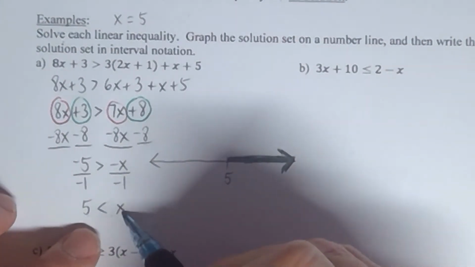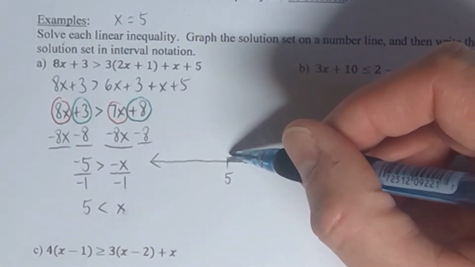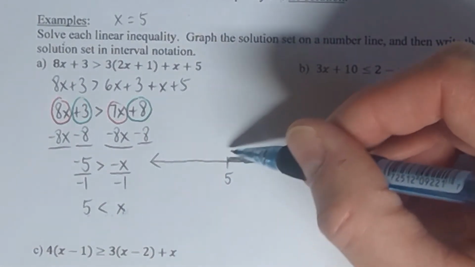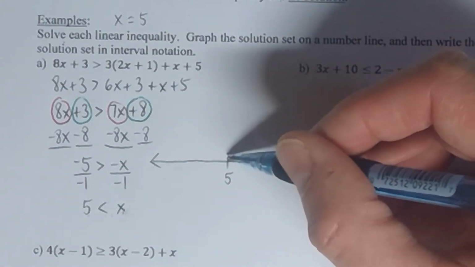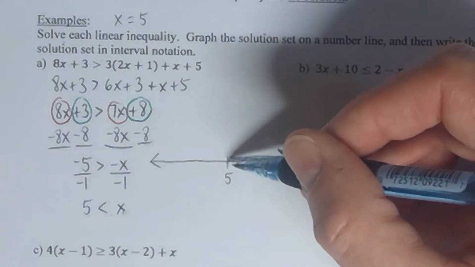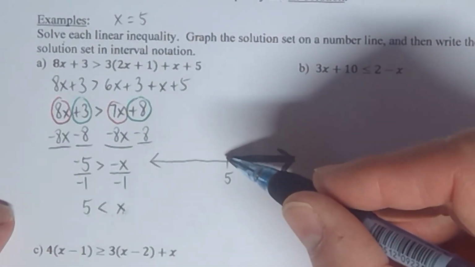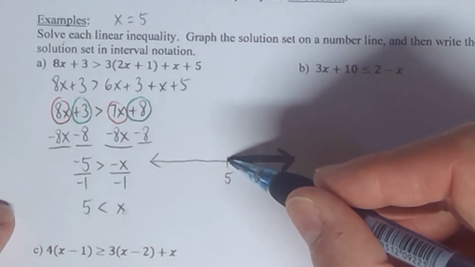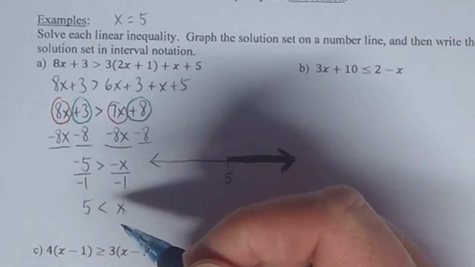If I plug in 5 right here, I want to see if I'm supposed to put a round bracket right here. We're not going to do an open circle, although you could do that. I'm not going to. It's okay to put an open circle here instead, but usually we use a round bracket. But why is it that we need to put either a round bracket or open circle right here? It's because just like that 2 and the negative 11 I just showed you a minute ago,